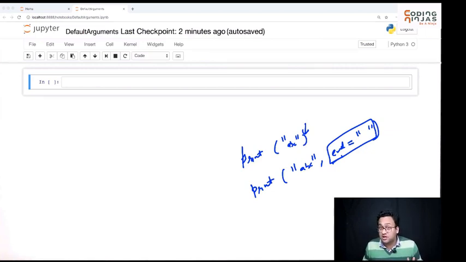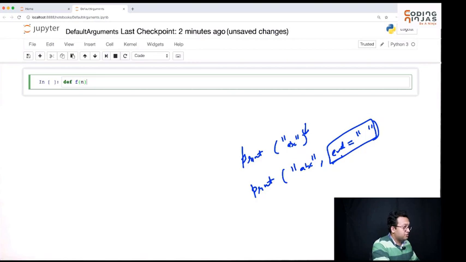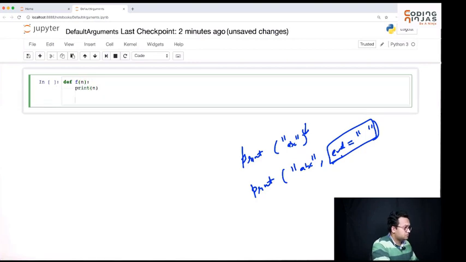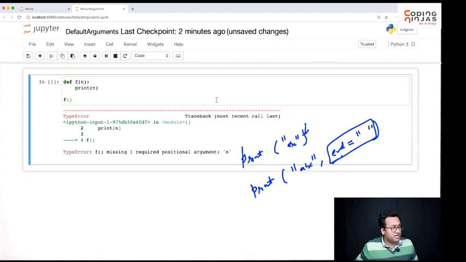So far, the way we have written functions, if we say our function needs one argument, you need to provide that one argument. If you don't provide that one argument, it's going to be an error. Okay? If your function accepts one argument and you pass two, that's going to be a problem as well. For example, let's quickly see this. I have a function f which takes one argument, prints n. Now if I call f, it's going to be a mistake. It's saying it required one positional argument. One argument is required. And in case you do this, it's an error because one was required, you're giving two. But it seems like print was able to accept one argument as well as two arguments. So there is something interesting happening there, right?